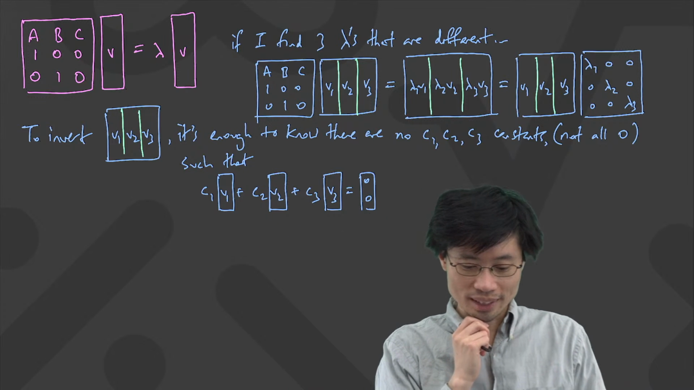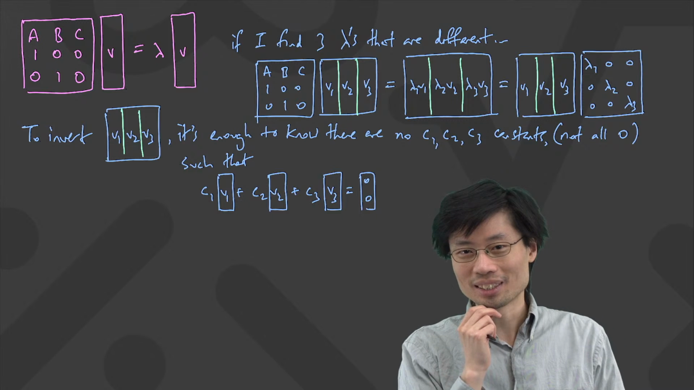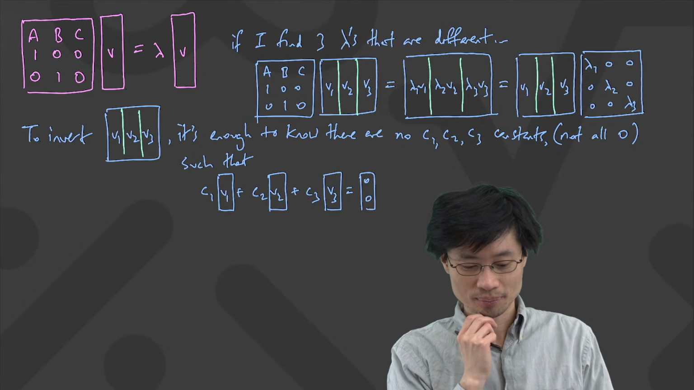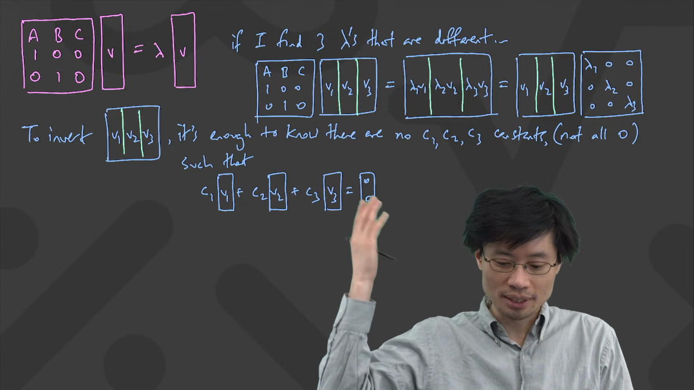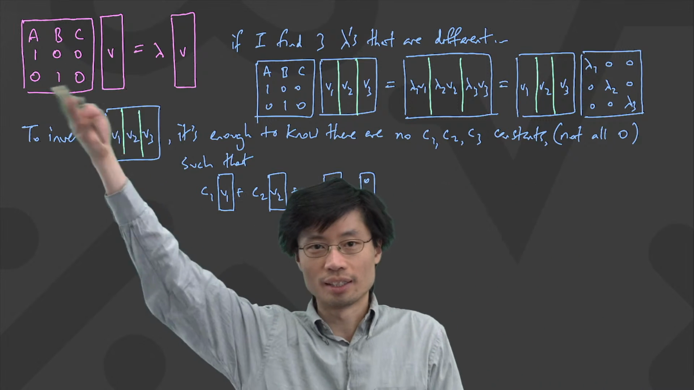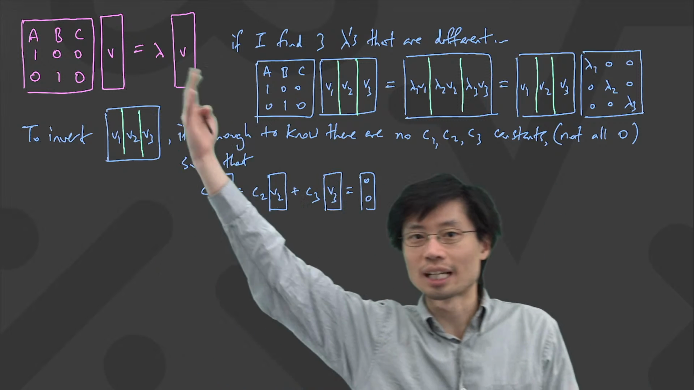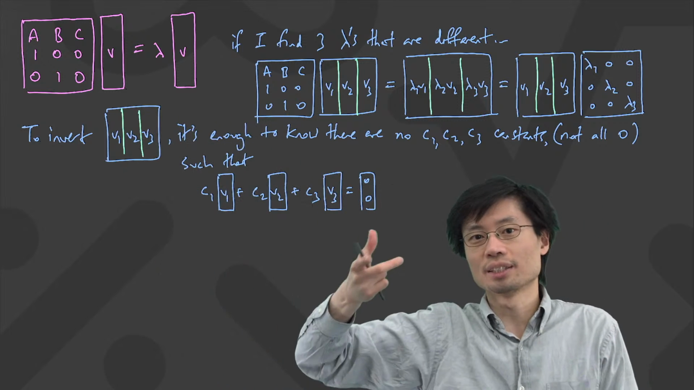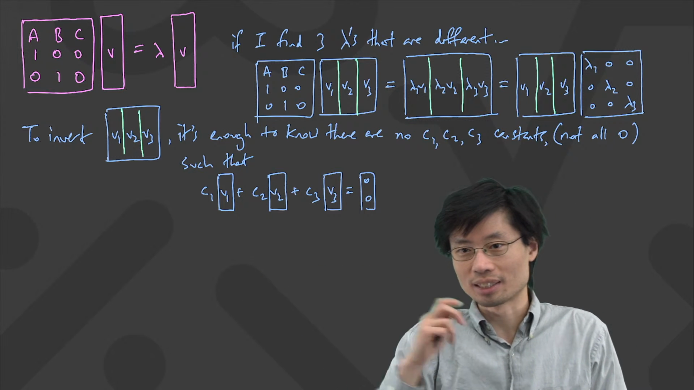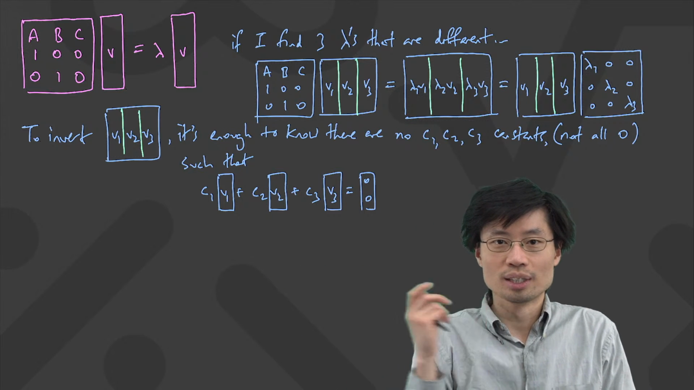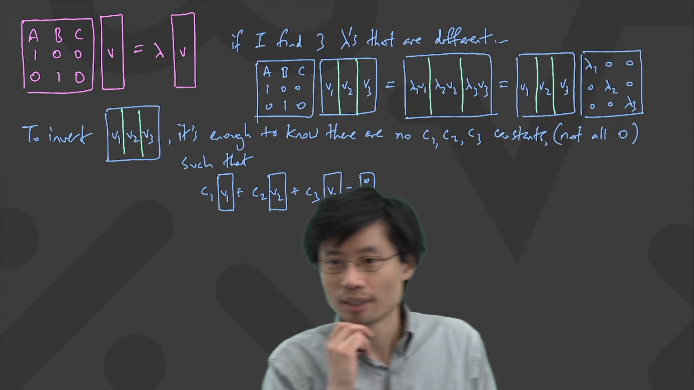How do I go about showing that? I want to use the fact that the lambdas are all different. And these particular v's happen to be where I've gotten this matrix guy, and the matrix guy multiplied by a v just rescales it by that particular lambda. Well, now let's suppose I've got this nice equation. Is there anything I can do to this nice equation to try to show